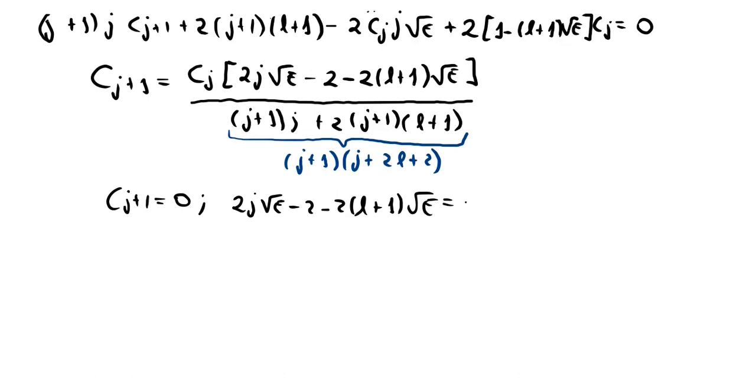If this is equal to 0, then I truncate the series. I stop the series at some point, right? But if I do it like that, I can also cancel this thing. What is the condition for that to happen? Then the condition is that square root of e